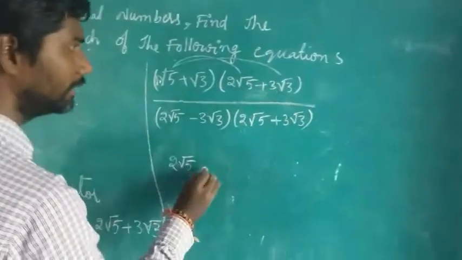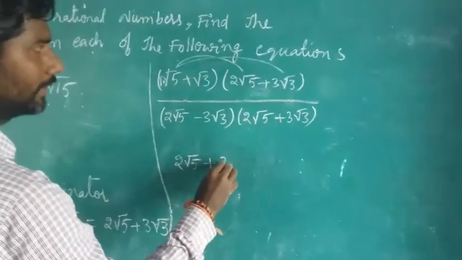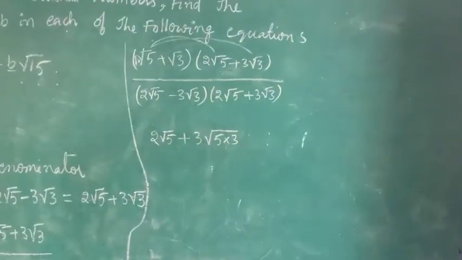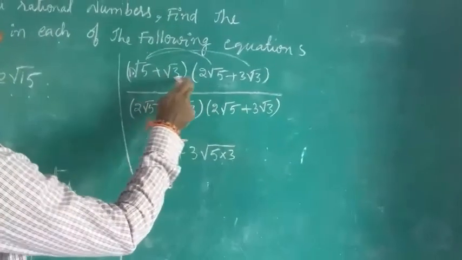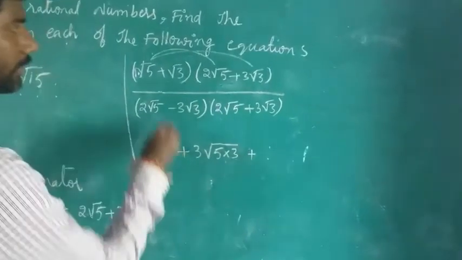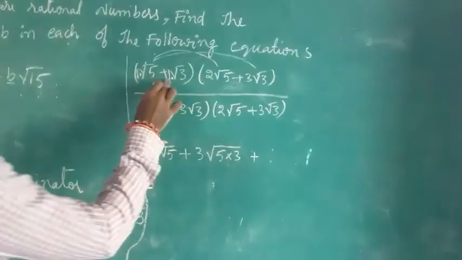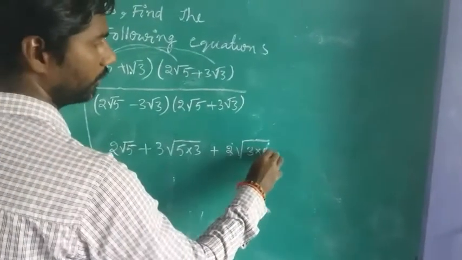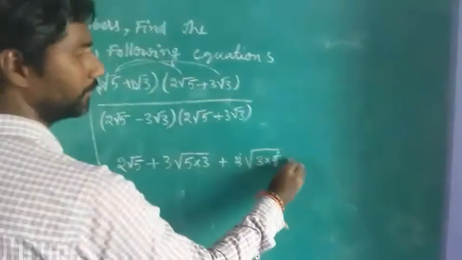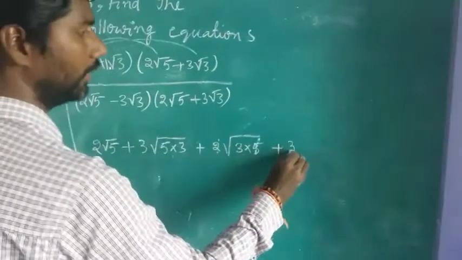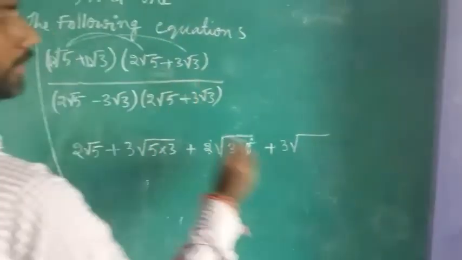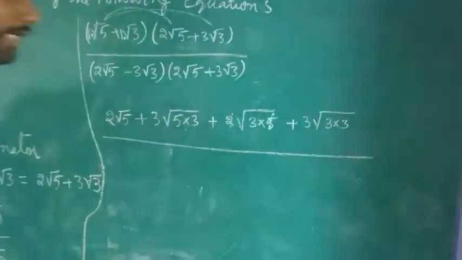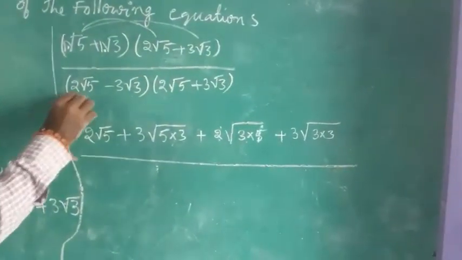So 1 3s are 3, with symbol plus into plus, plus, 1 3s are 3, and root 5 into 3. Is it okay? Now here this into this. So now plus, this is nothing but 1 only, you have to imagine it. 1 2s are 2, okay, 3 into 5, let me write 3 into 5. The next, plus into plus, plus 1 into 3, under root 3 into 3. So let me write 3 into 3 only. It may get cancelled.